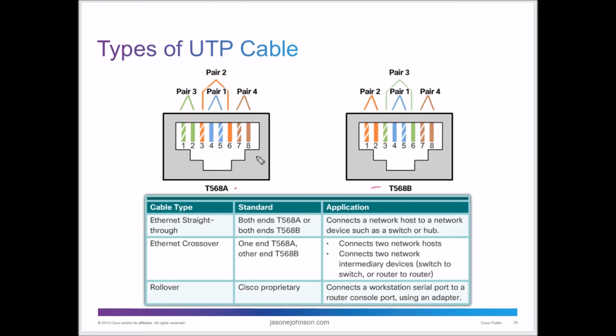And the reason is because when you go into a facility and you see that one end is, or you see that cable is set at T568A, you know all of them should be set that way. So you don't want to mix and match these when you're installing networks. You want to follow one standard. And some companies have a standard that they follow. Other companies could care less.